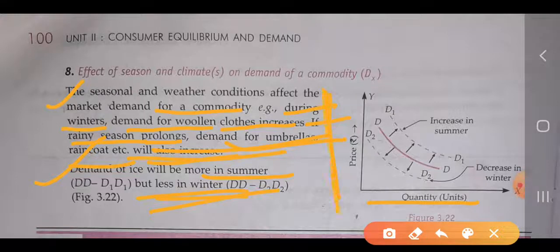So we have taken the example or the diagram. Here we have taken the price and the quantity. So it is the normal demand curve. We have taken the demand for ice. The demand for ice is more in the case of summer, so the curve will shift to the rightward. But in the case of winter, the demand for ice will